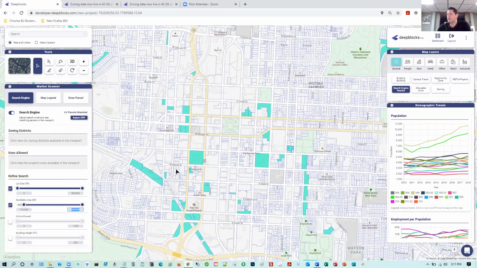One thing also to note, you can move your screen north, south, east, or west to identify more and more parcels. As you move your viewport, your screen will automatically update, and based on this refined search, your results will continue to update automatically. So we can focus in on this particular area of Raleigh, North Carolina.